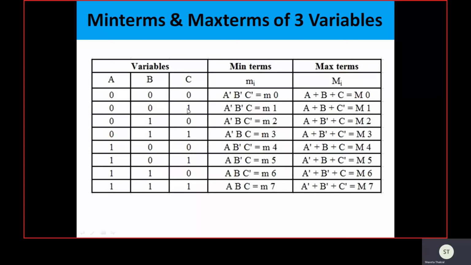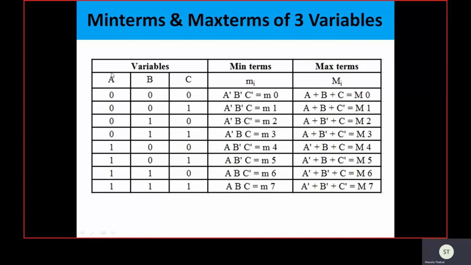What do we understand by complemented variable and true variable? A is the original variable, called the true variable, and if we take the complement of A, that is treated as the complemented variable.